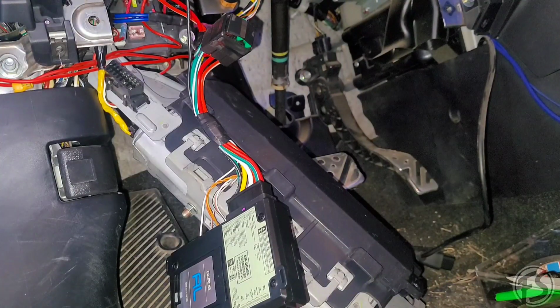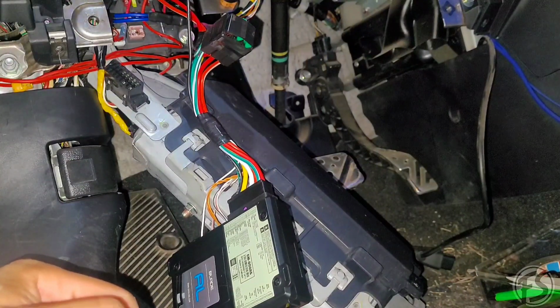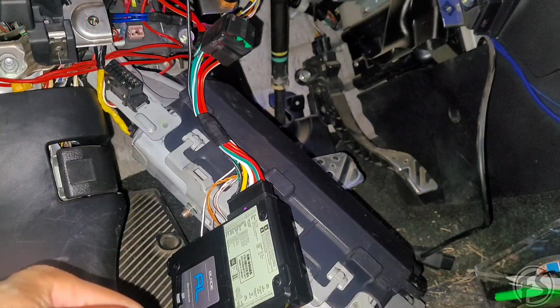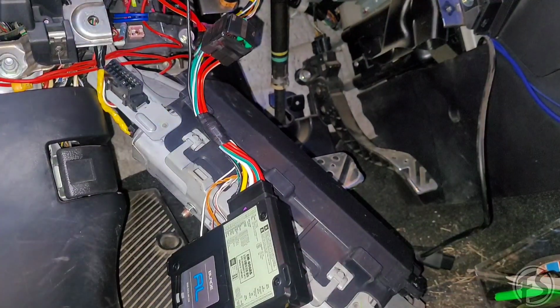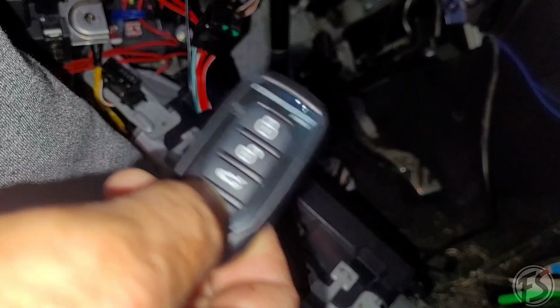Alright, for this particular programming, you will need the vehicle running, as you will program the TAC signal. It goes to data, so you don't have to wire anything for that. What you have to do is start the vehicle, let it run for about 10-15 seconds. Once it kind of stabilizes a little bit, you will hold the brake pedal, keep holding it, hold the remote start button,